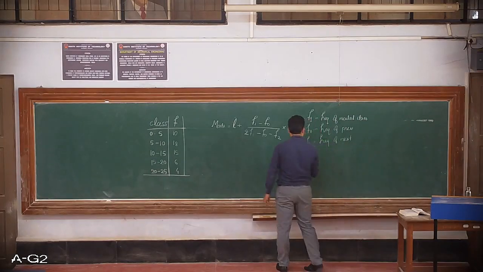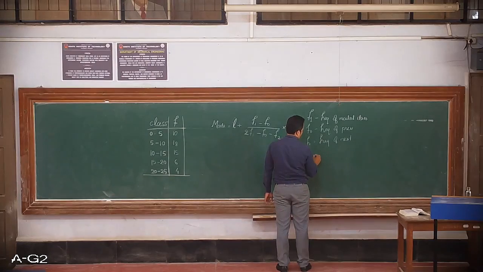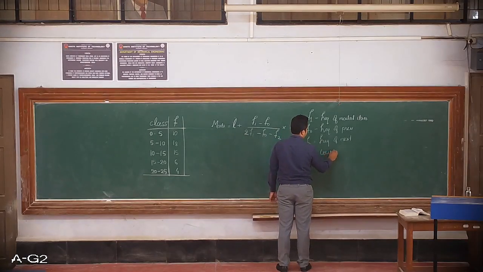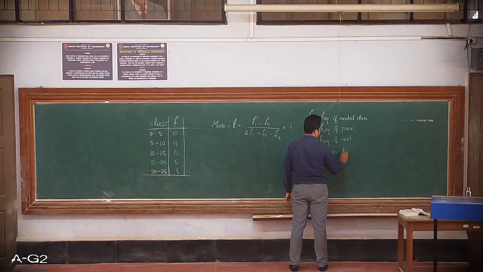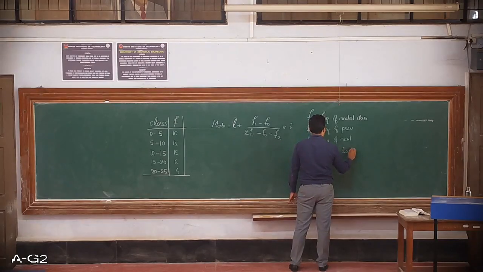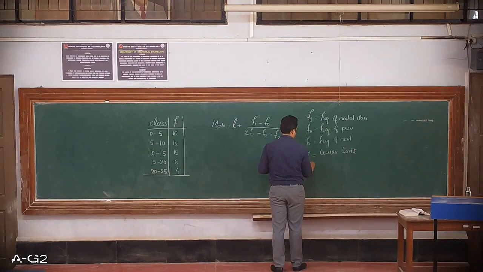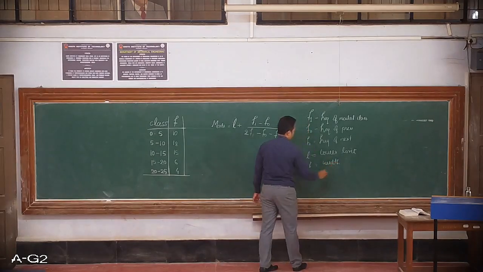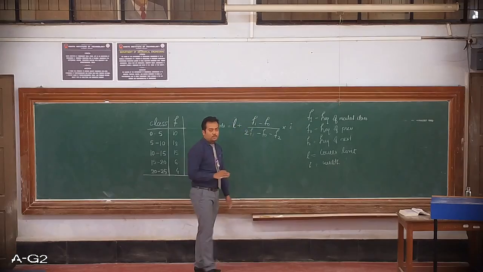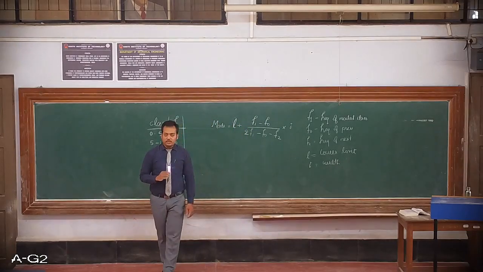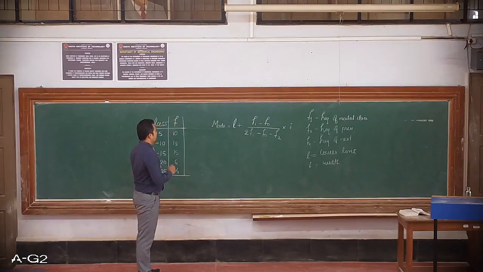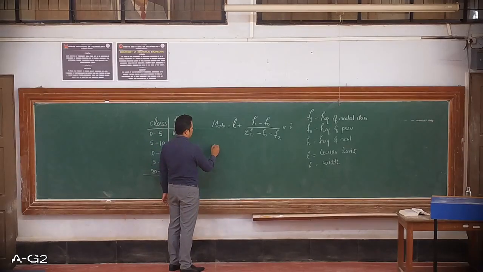Then L is the lower limit of your modal class, and we know that i is the width of the class. So this way the formula is given for calculating the modal value. Okay. So then considering